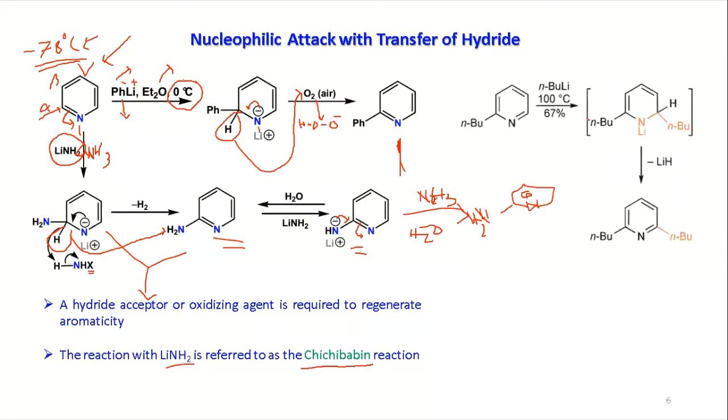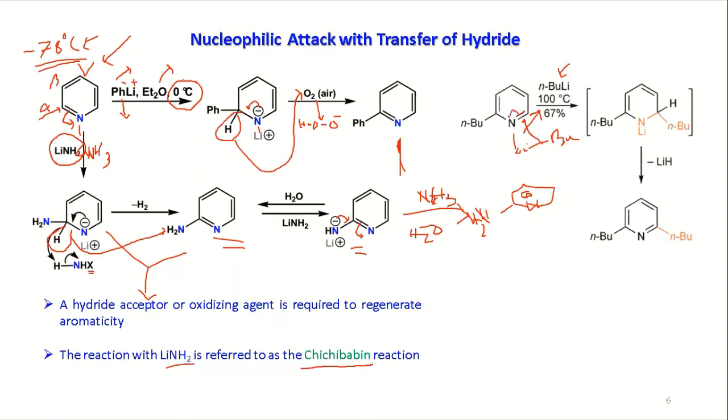Now look at here. What you are using in this case is butyl lithium, right? What is the temperature here? The temperature is 100 degrees. So what will we expect? You will expect the reaction to be nucleophilic, and that's why you see the butyl attacking here. First there is coordination, not lithiation, and butyl will be at the nearby place of the alpha. So this is going to attack.